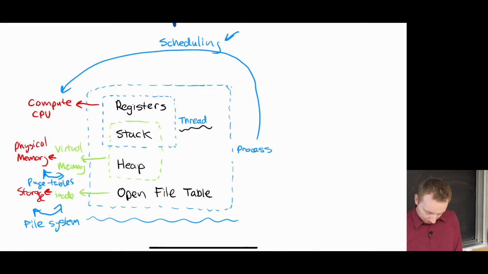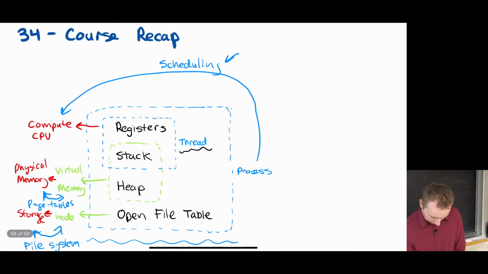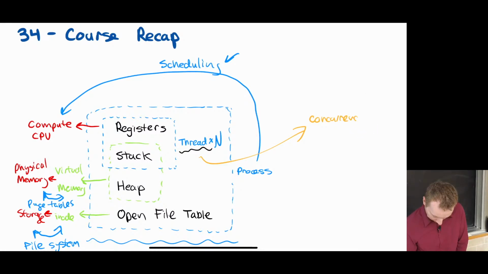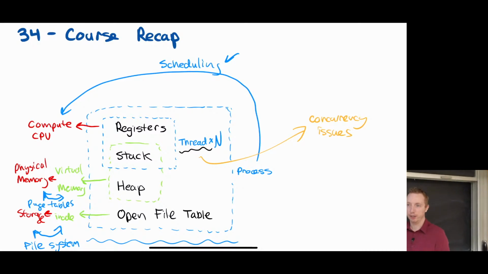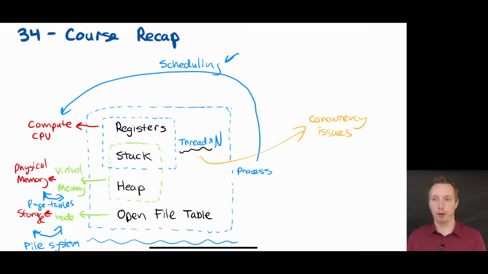And then the other part that's missing is when we had multiple threads. So when we had multiple threads, that's when we had concurrency. That's where we had concurrency issues when we had multiple threads because, well, they were all accessing the same